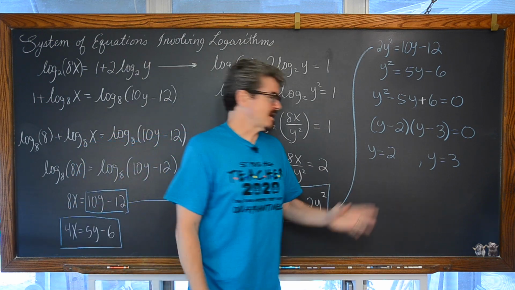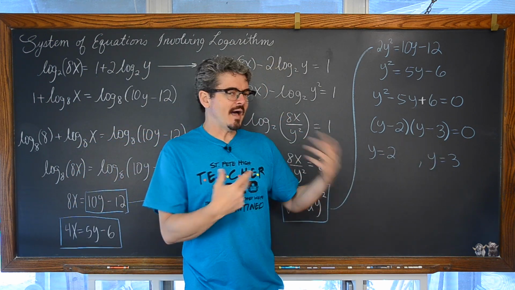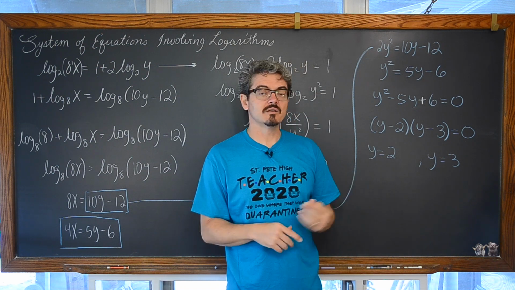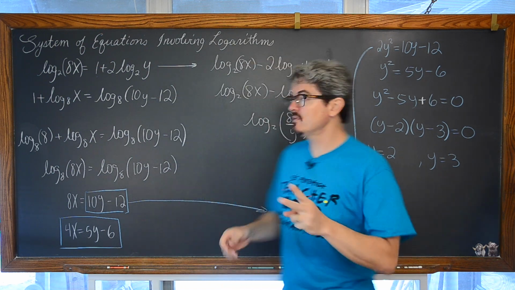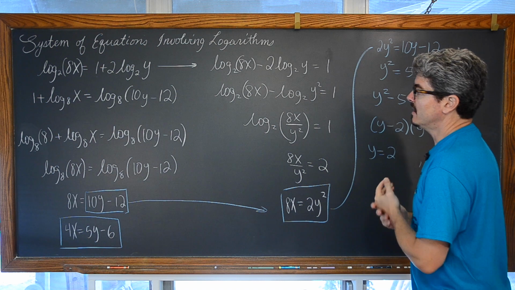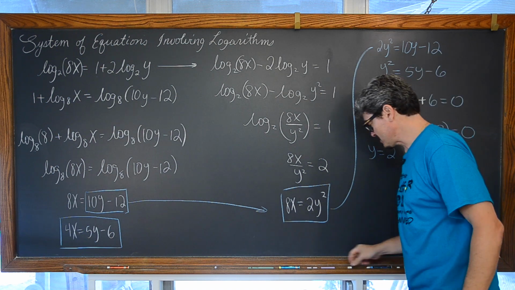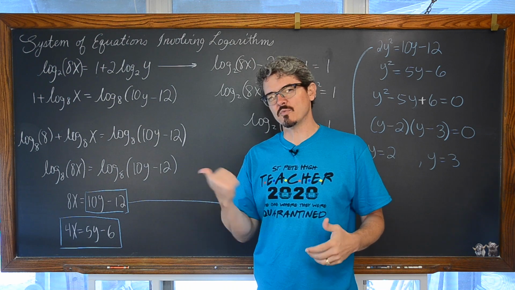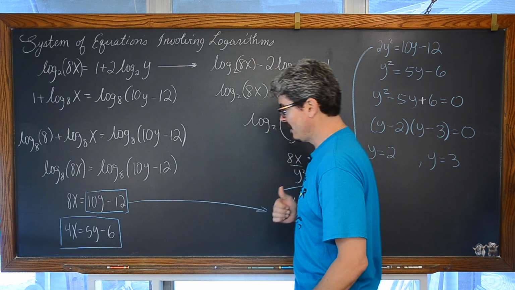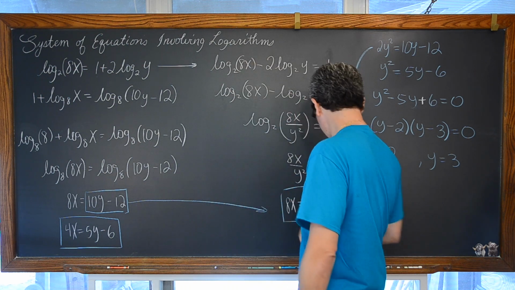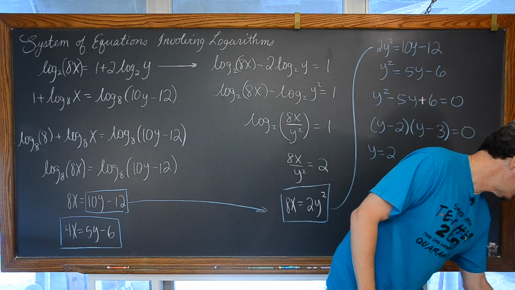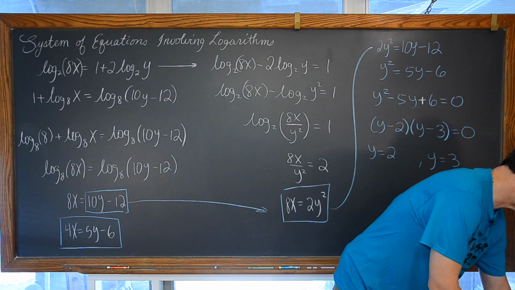And why did I pause? Actually, I probably should have left that up there. How did I, in my mind, start to realize, hey, wait a minute, this is looking different? Is it just because I made my example? Well, I knew there were going to be 2 coordinates that were solutions to this problem. And whether you do it now or at the beginning of the problem, which probably would have been a better idea for me, whenever you are solving equations that have, let me get some red chalk out here.